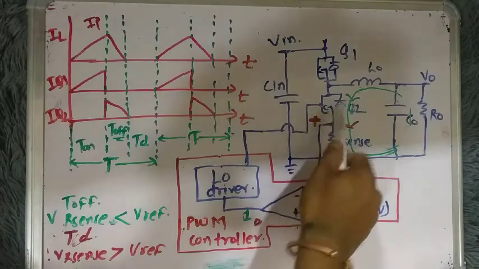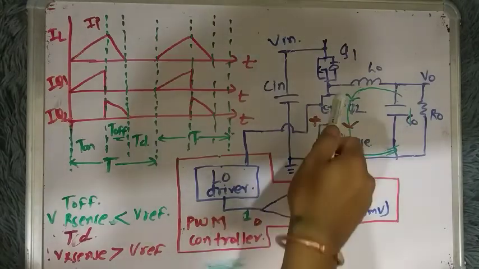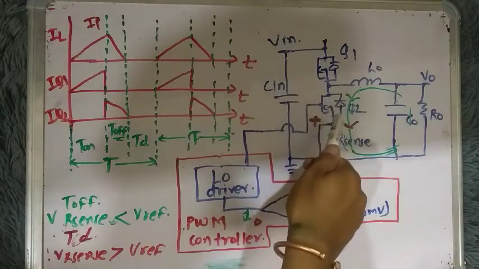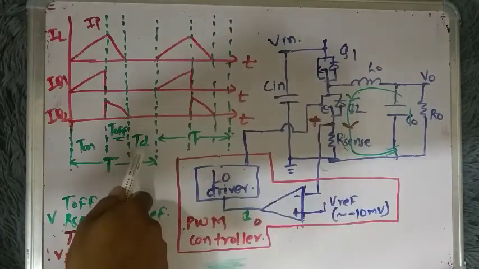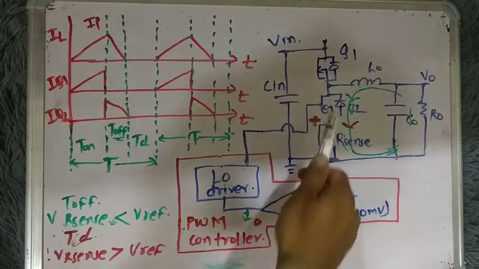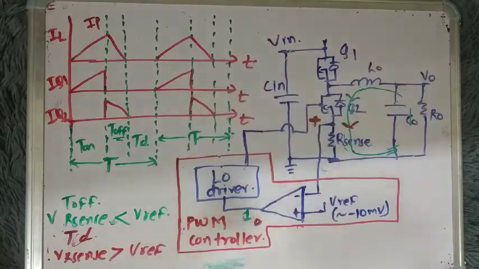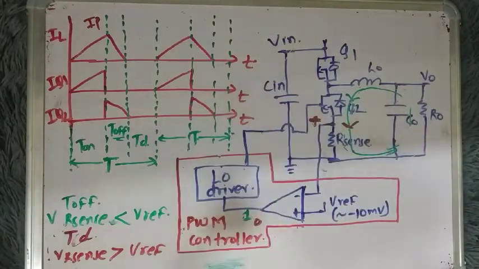For time duration TD, since the inductor does not have energy, we forcefully keep the MOSFET gate low for time duration TD. That's why this is called diode emulation. So this low side MOSFET Q2 is emulating the diode, or acting as a diode for time duration TD, because it is not allowing the reverse current to flow through it, by turning it off. So that is why this is called diode emulation mode.